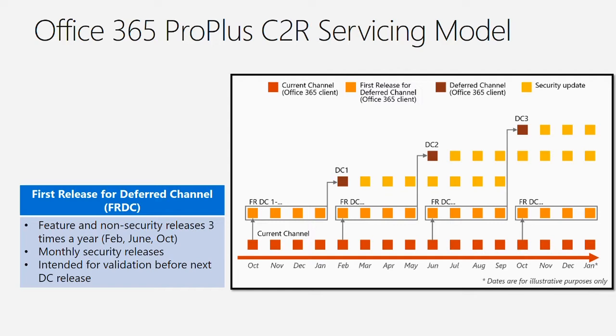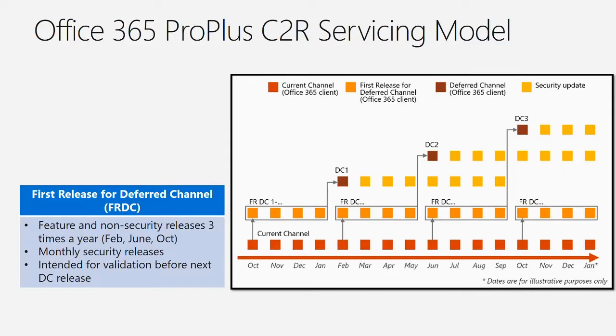So I have a new feature, I have a user that's using this, a new feature comes out, it has a new pop-up window, and I want to document all that feature set for my end users. Now, if I go to my business, does that pop-up cause a problem with a line of business app? If I put a segment of my users on first release, you can use that as a validation channel because you'll have all the feature sets that are in current channel. You can validate it on first release deferred channel with all your business users, your true business users, and then make sure that it doesn't cause LOB problems, and then put out the rest of your population on deferred channel.